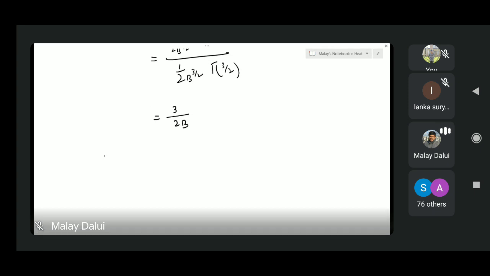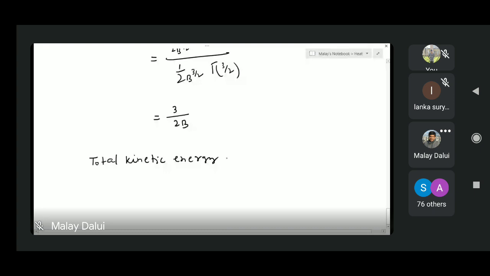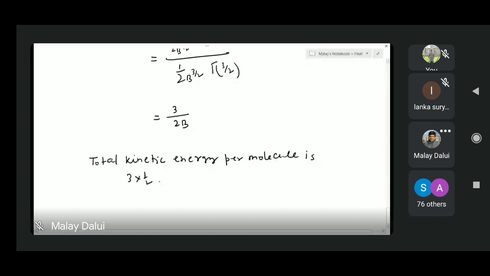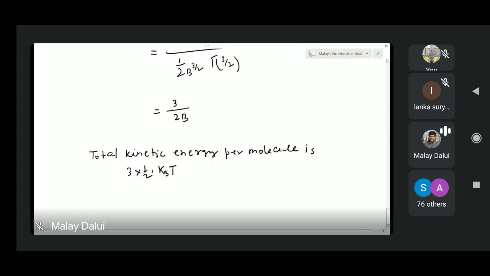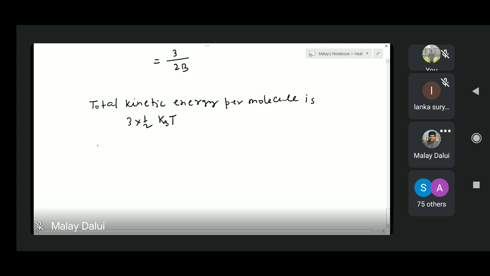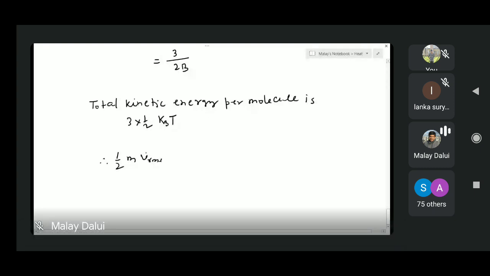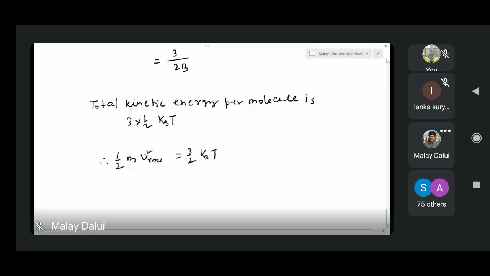So total kinetic energy per molecule is 3 times half kT, since it has 3 degrees of freedom, and each degree of freedom gets half kT. Therefore, we can write kinetic energy half m v RMS square equals 3 by 2 kBT,